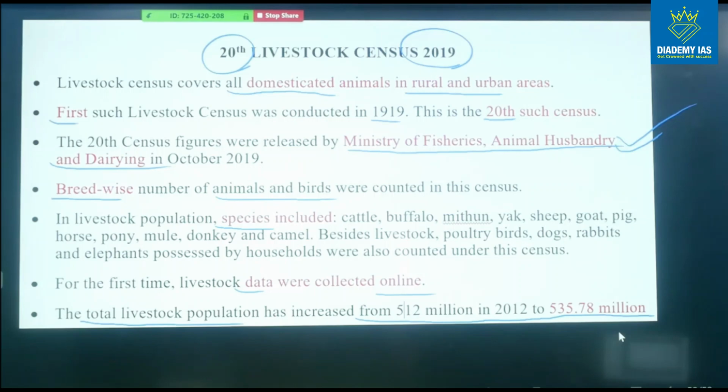So it is not done every 7 years, it is not necessary that it will be done every 7 years. It is not written anywhere like that, okay? If you see, in the last 100 years it has been done 20 times, which means an average of 5 years. Sometimes it can be after 3 years, sometimes it can be after 7 years, right? Okay, so it is not necessary.